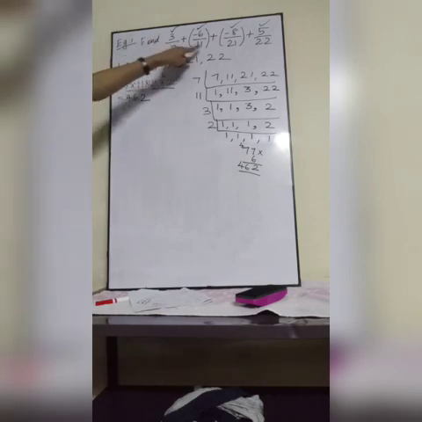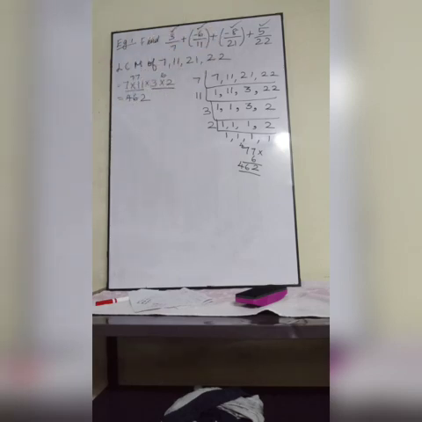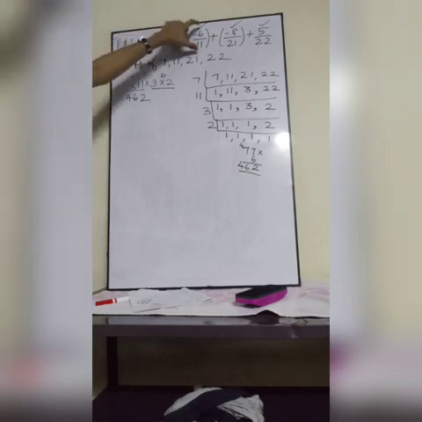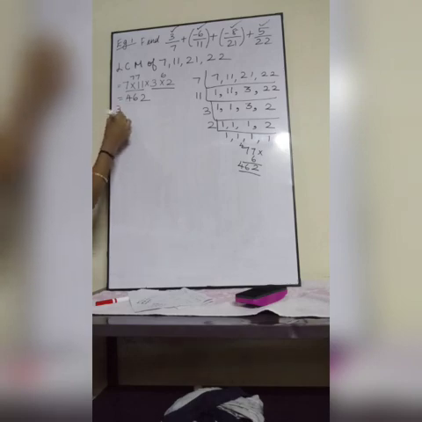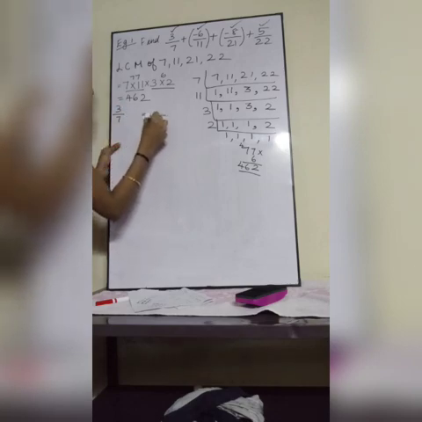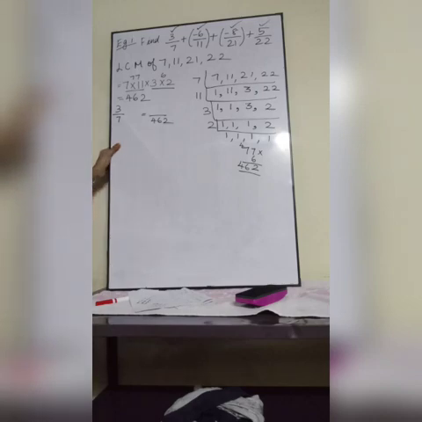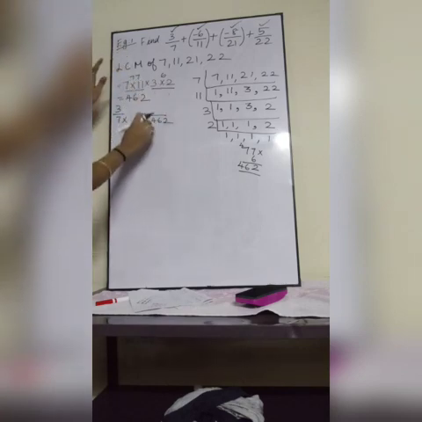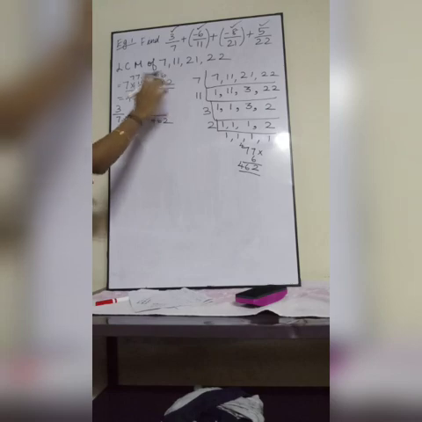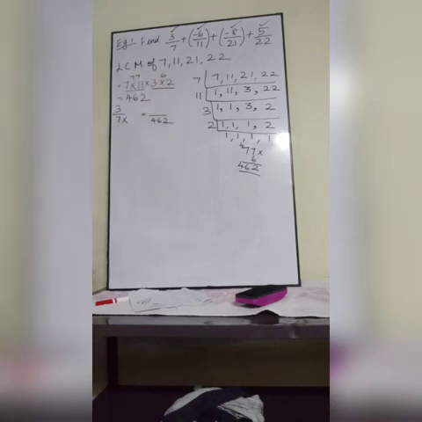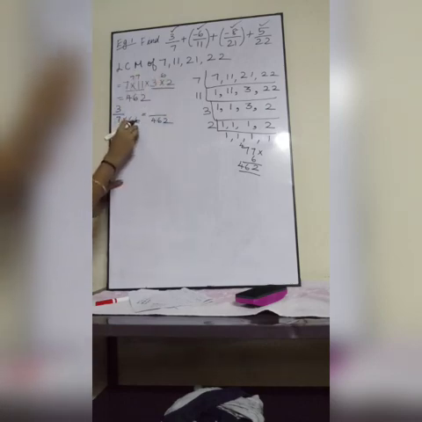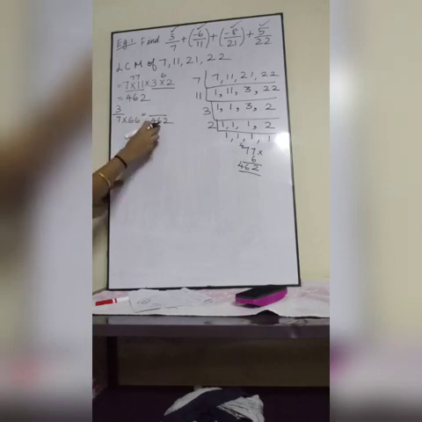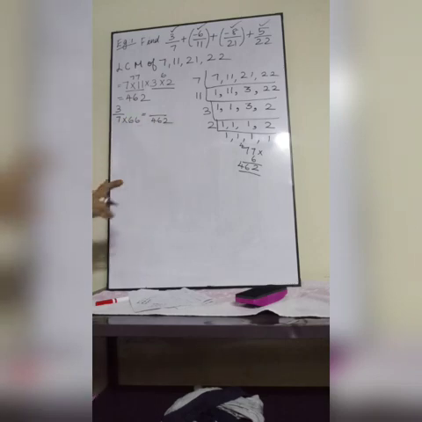So all our denominators should be 462. So we can change each and every rational number. Shall we change it? Yes. So first start from 3 by 7. Our denominator should be 462, right? If 7 is there, what should the remaining be multiplied by to get 462? 11 into 3 into 6, which means 11 into 6, 66. So 7 into 66, you will get 462. You can multiply and see, you will get the same answer.